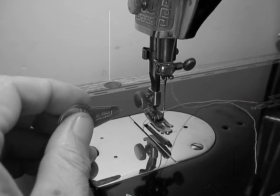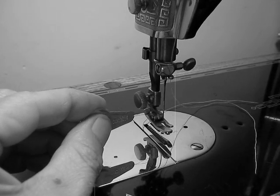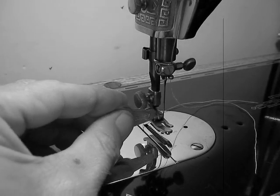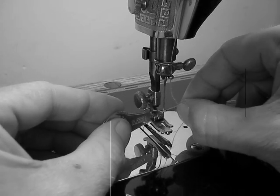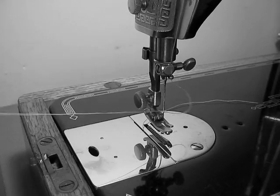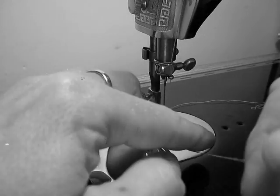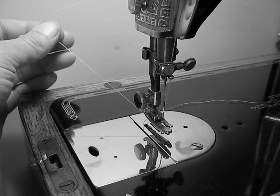So if you're using one of these small metal needle threaders, pass the threader from the left side through to the right, put the end in and simply pull it through, and then pull the thread through, and down between the toes of the foot, and then hold this top thread